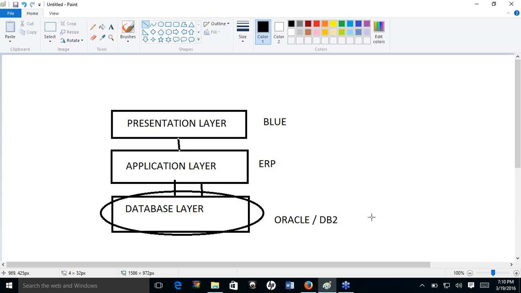Okay, so this is a scenario in which people say SAP is slow. Actually, it is not SAP which was slow, because SAP was trying to access a database. Though the SAP part of it was faster, the database part is slower. So there is a lag in picking data from the database. Okay, now